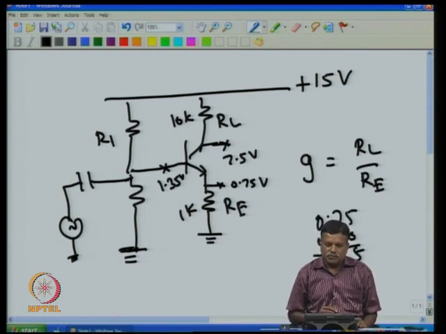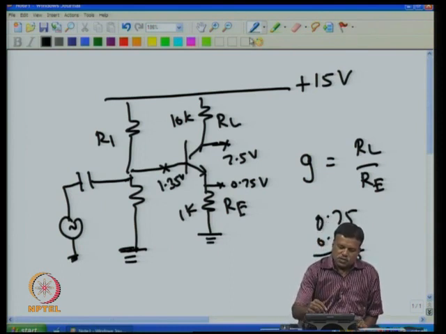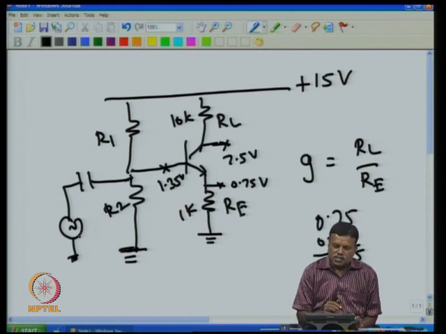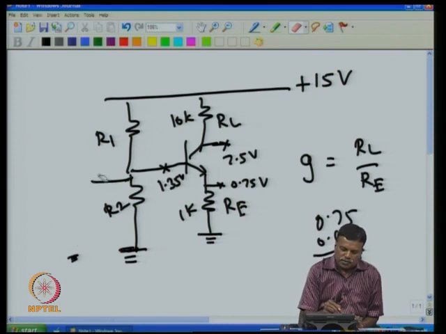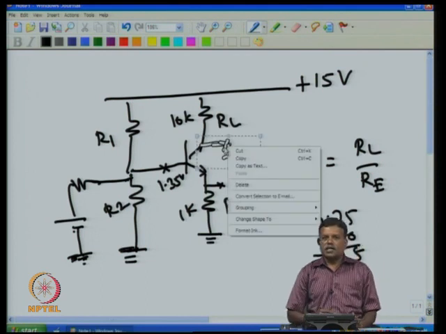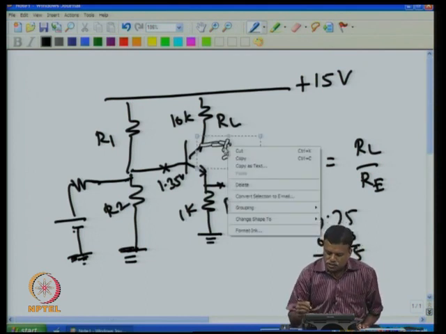Now this is a very simple amplifier, but nevertheless there are issues in this, because it does a good job of amplifying AC voltage, but if I want to amplify DC voltage, then we get into problems. One way of doing this would be to apply a DC voltage here, and then this voltage change will produce a DC voltage change here, which will produce a DC voltage change here. Like this we can use it to amplify the DC voltage, but